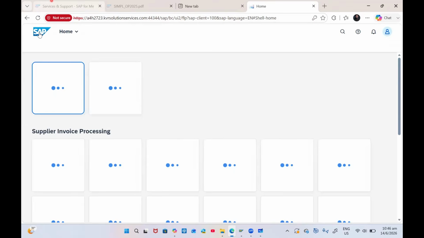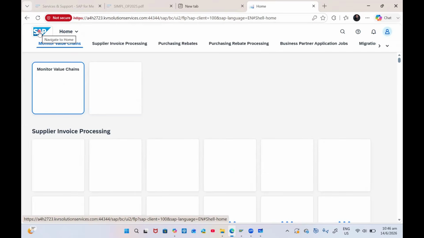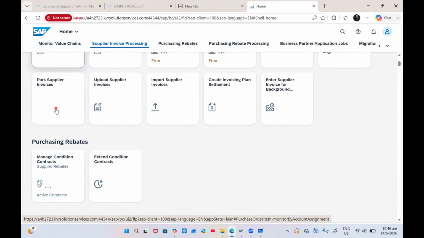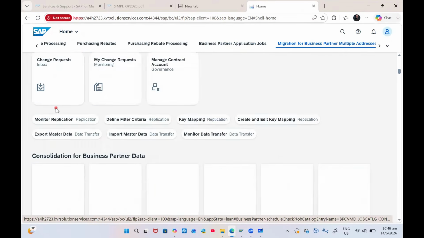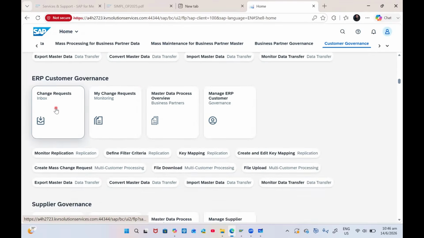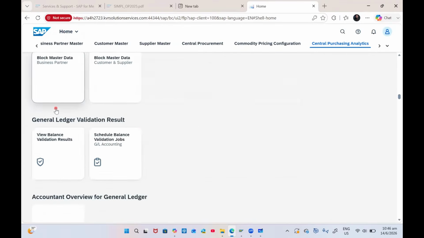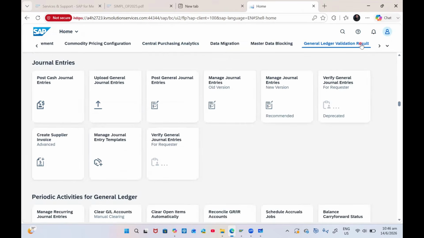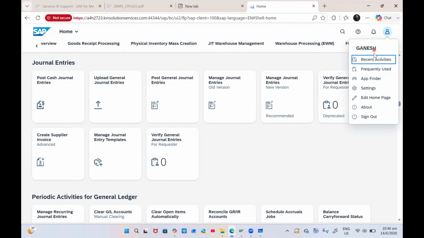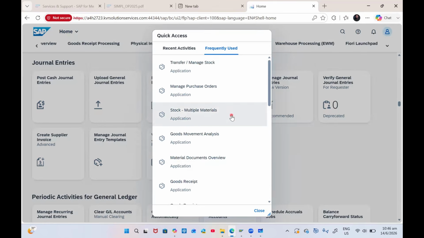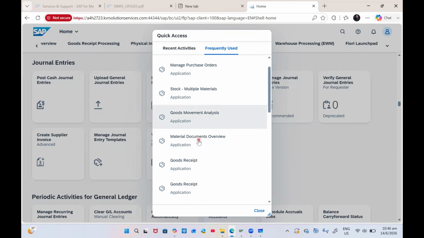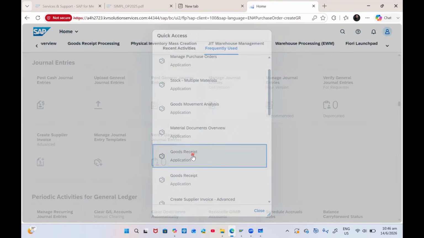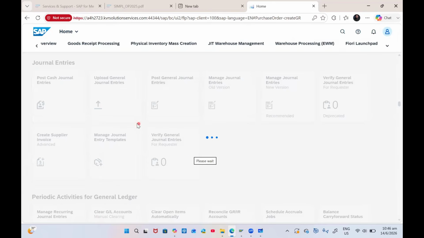So this is the Fiori Launchpad, and I'm going to use it for this goods related process. Supplier invoice, purchasing, business migration contract, customer governance. Goods movement analysis and goods receipt. I will use this application, goods receipt under